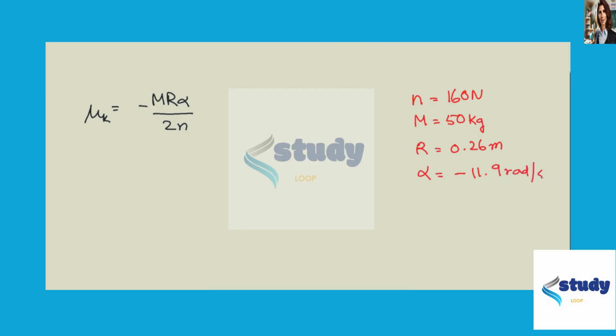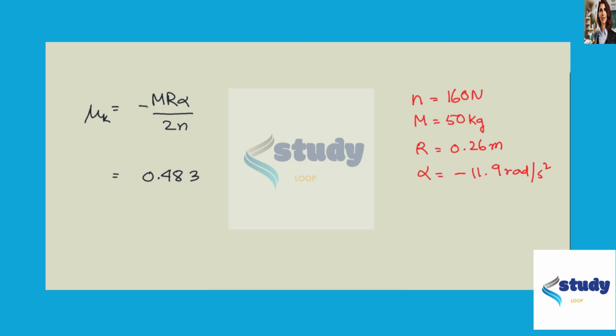So mu k will be equal to negative m r alpha divided by twice n, where we are given n as 160 newtons, mass as 50 kg, the radial vector as 0.26 meter, and also alpha is something that we calculated, which was negative 11.9 radians per second squared. So if we use all the values over here, we see that mu k is